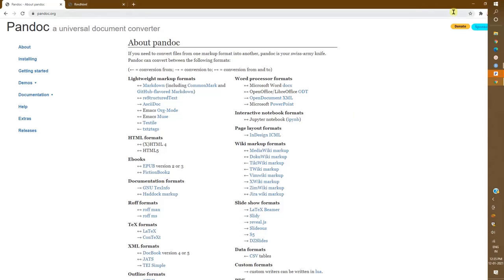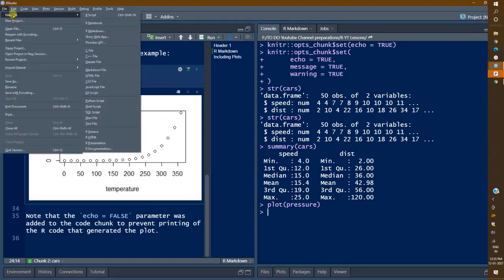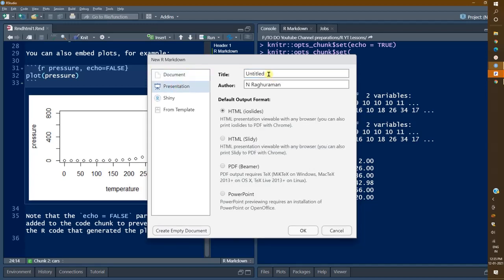Okay, now we'll go back to our R code. Now we'll create one more file, new file. Here again R Markdown. This time we will create a presentation. Okay.